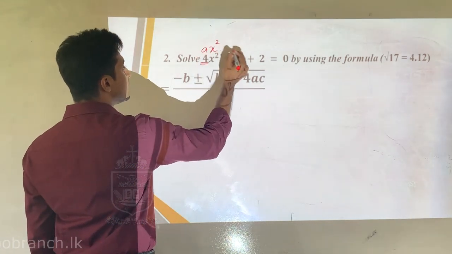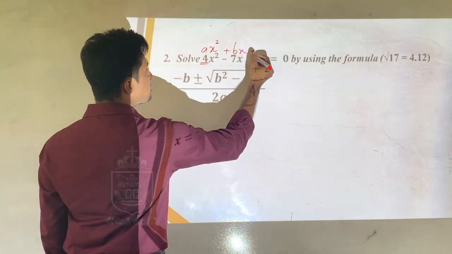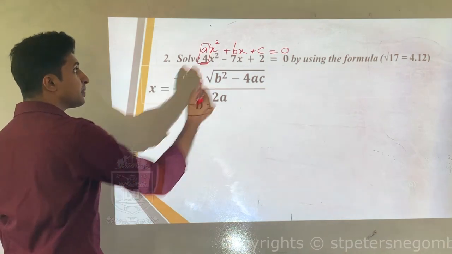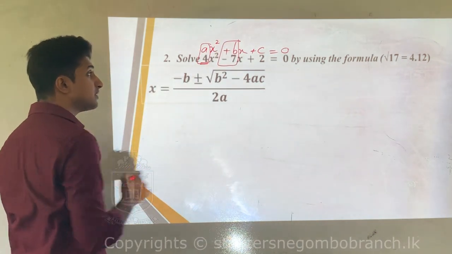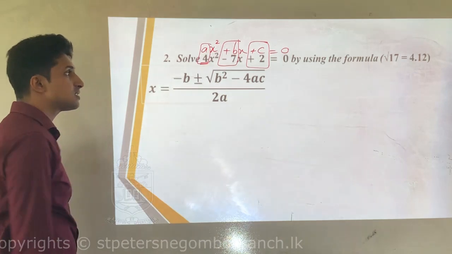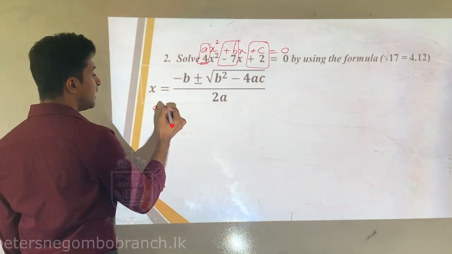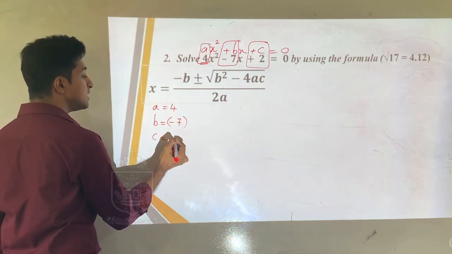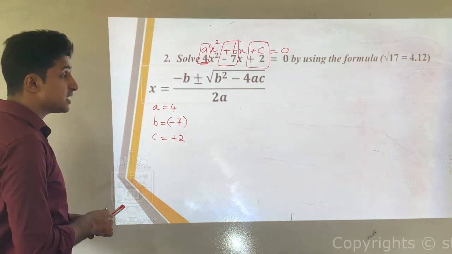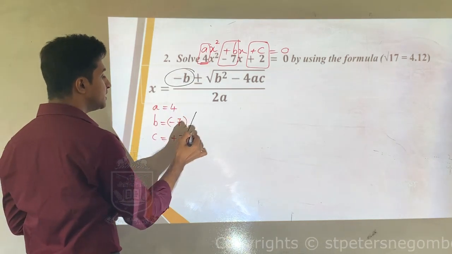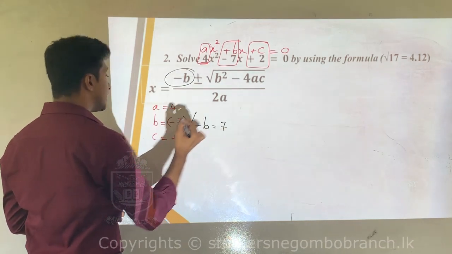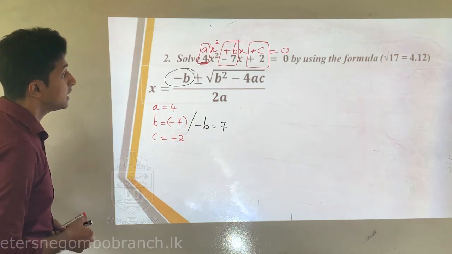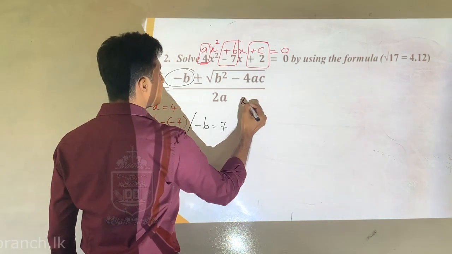I'm going to write ax squared plus bx plus c equal to 0. Then a value is 4, b value is minus 7, c value is plus 2. Write it down. a equals 4, b equals this time minus 7, and c is equal to plus 2. So like I said previously, since you have a minus b value here, take the value of minus b as well. That is going to be plus 7 this time, the opposite of this one. Then you can start applying it to the formula.